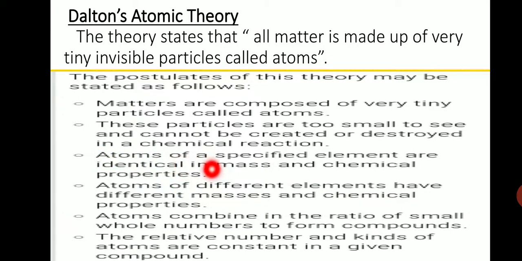The next postulate is that atoms of a specified element are identical in mass and chemical properties. Once more, atoms of a specified element are identical in mass and chemical property. That means all the atoms of a given element are identical in every respect, having the same mass, size, and chemical properties. So what it means is